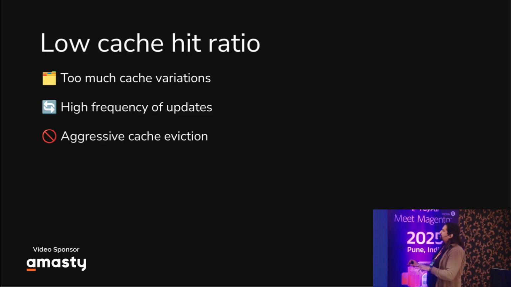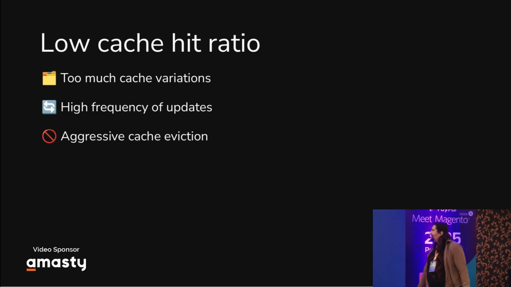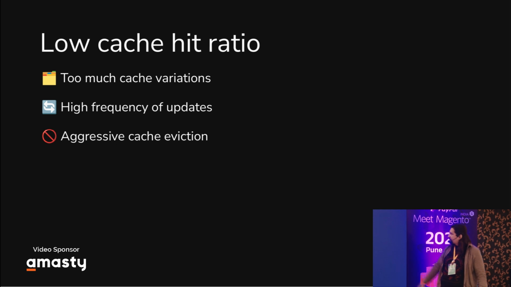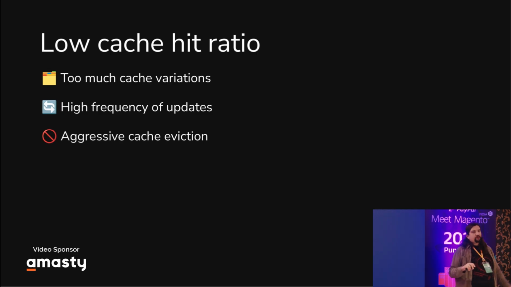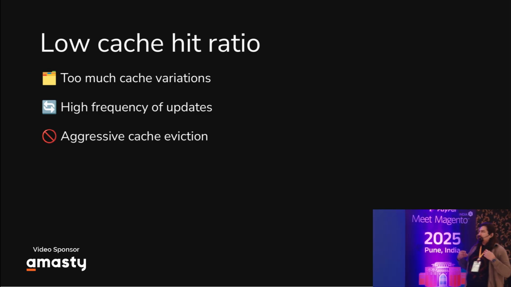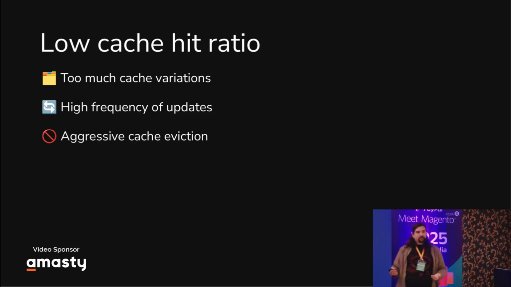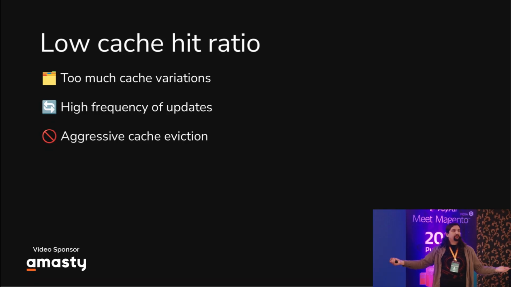So here I would say it's already a sign that you shouldn't cache this data in Redis. Another thing is high frequency of updates as well, just what I was talking about. And another one is aggressive cache eviction. Imagine you have only 3 gigabytes on your server and your cache is going to be filled very quickly up because you have too many cache entries. In that case, aggressive cache eviction is going to happen because Redis will just remove old entries from cache, and then the next time someone visits, oh, we don't have a cache entry anymore. We are hitting the Magento backend again.